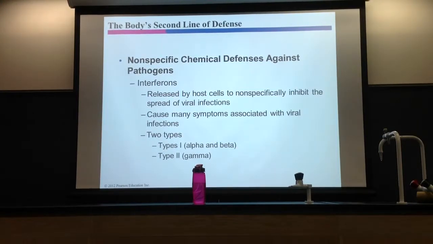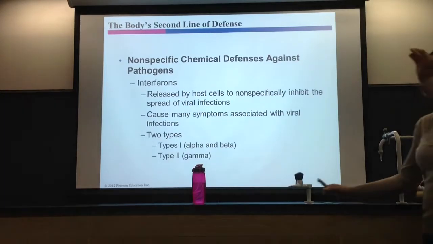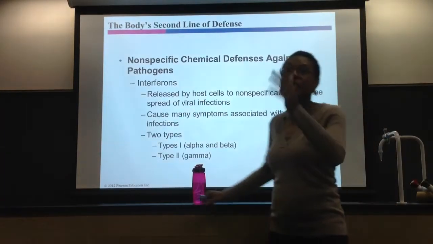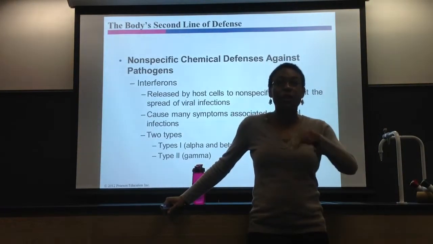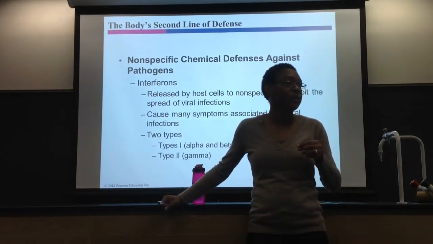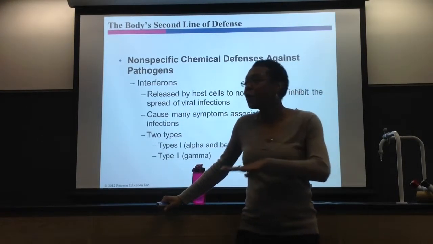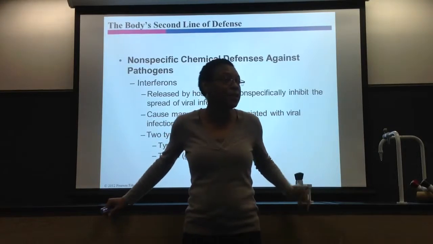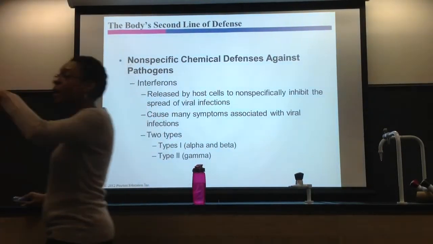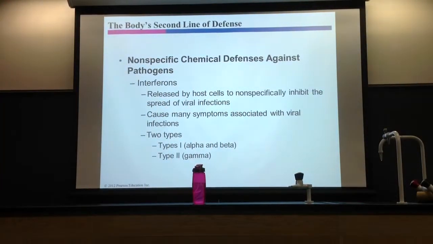In other words, a host cell has a virus. Now, of course, that cell will eventually die. Okay, there's no hope. There's no hope for the cell that's actually making the interferon. But that infected cell is trying to save its neighbors. Make sense? So that cell's going to die, but it's trying to make sure its neighbors don't die. So it's going to make interferons to warn everybody else there's a virus around, get ready for it.